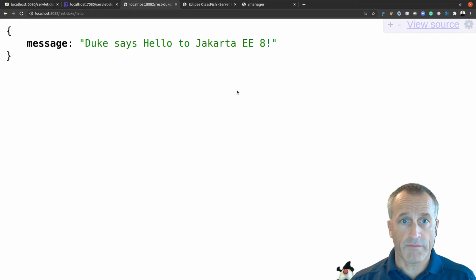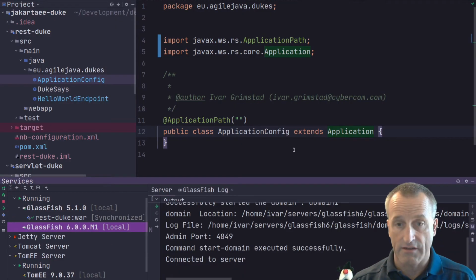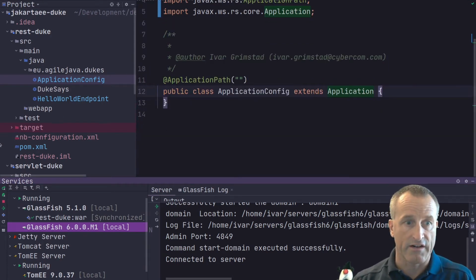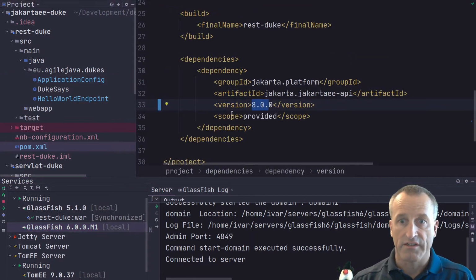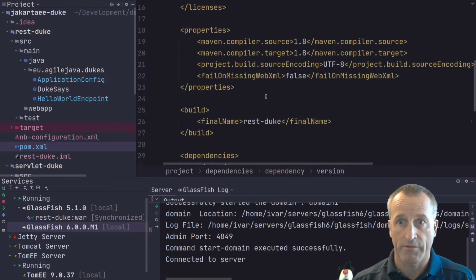And if I were to deploy this application to, for example, Glassfish 6 now, it would fail because Glassfish 6 wouldn't recognize the Javax namespace. So what I have to do in order to run it there is to convert it to Jakarta EE9. So let's do that. I go into my POM, and this is the only dependency I have in my POM. It's a typical Jakarta EE application.